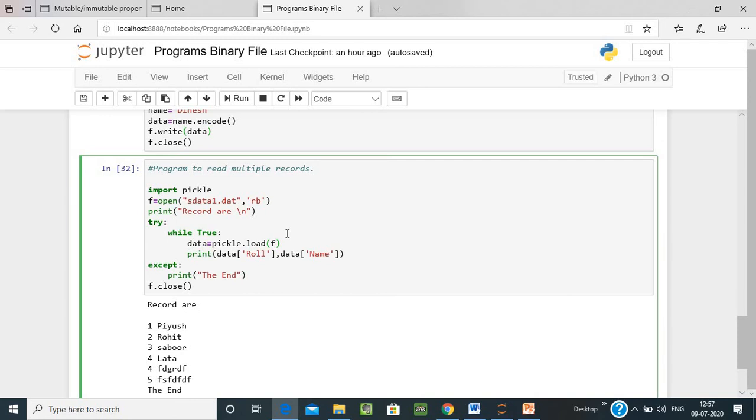Data is in the form of a dictionary, and we are passing the column name, comma, data name. So all the contents of the dictionary will be printed one by one. So with the help of this program, we can print the content of a binary file.